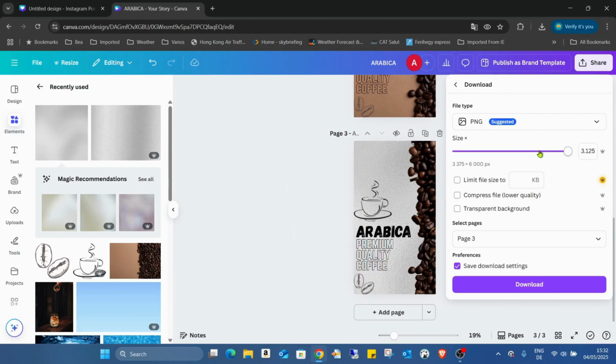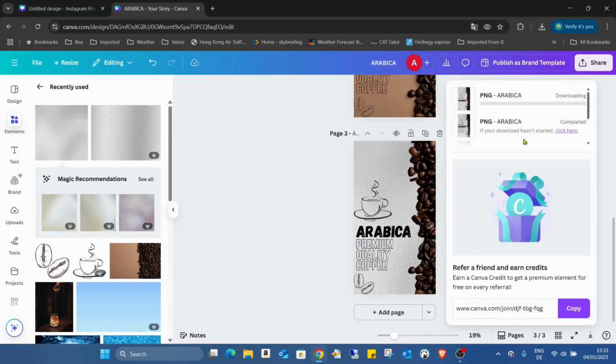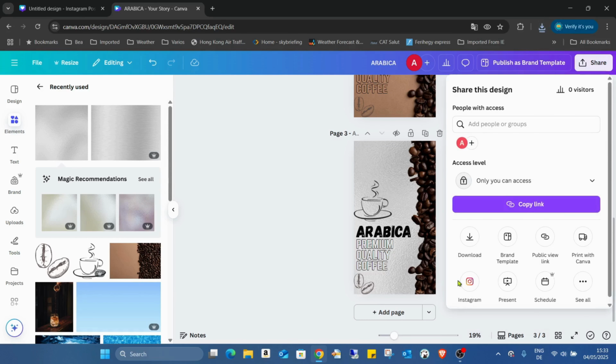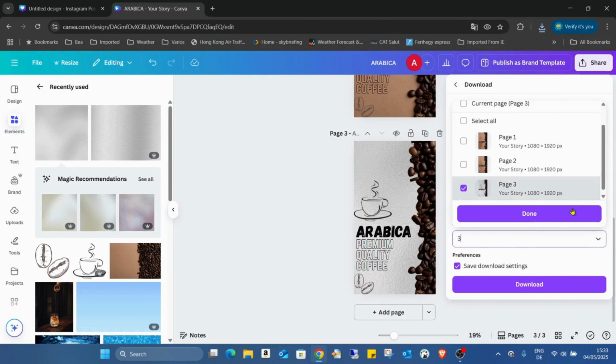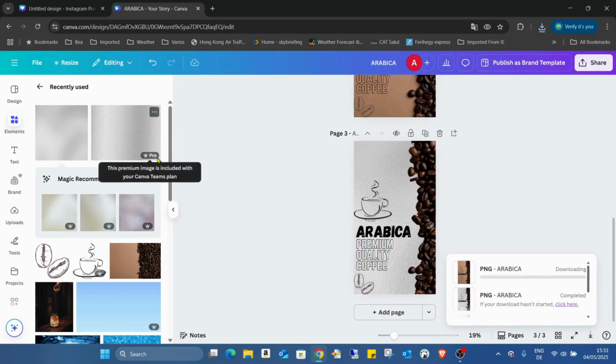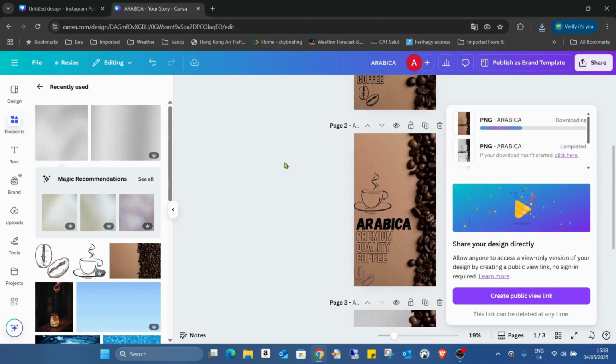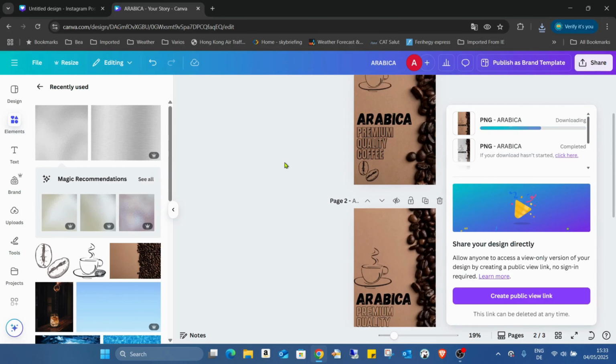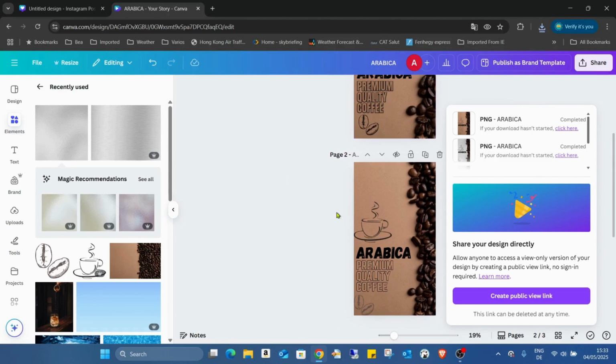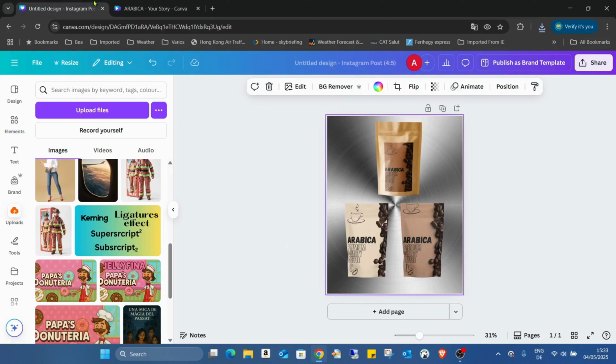So I just need to download page 2 and page 3. I'm going to downloads, increasing the size, I mean the quality, as best as possible. Page 3, I'm downloading it. Also downloading page 2, not page 1, page 2. Even page 1 was, I think, also really nice, a bit different location, position. Okay, now I'm going here and going to the upload section